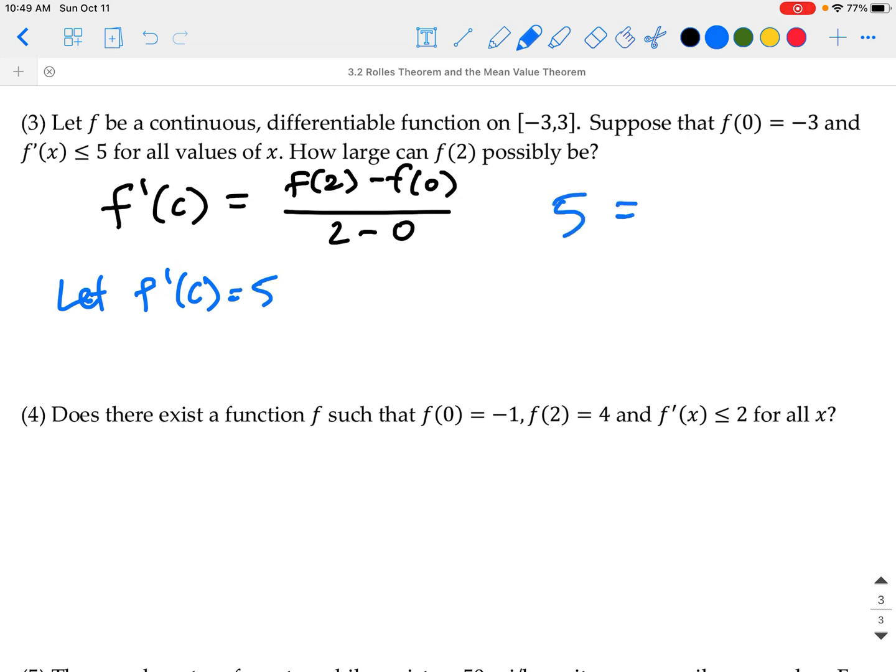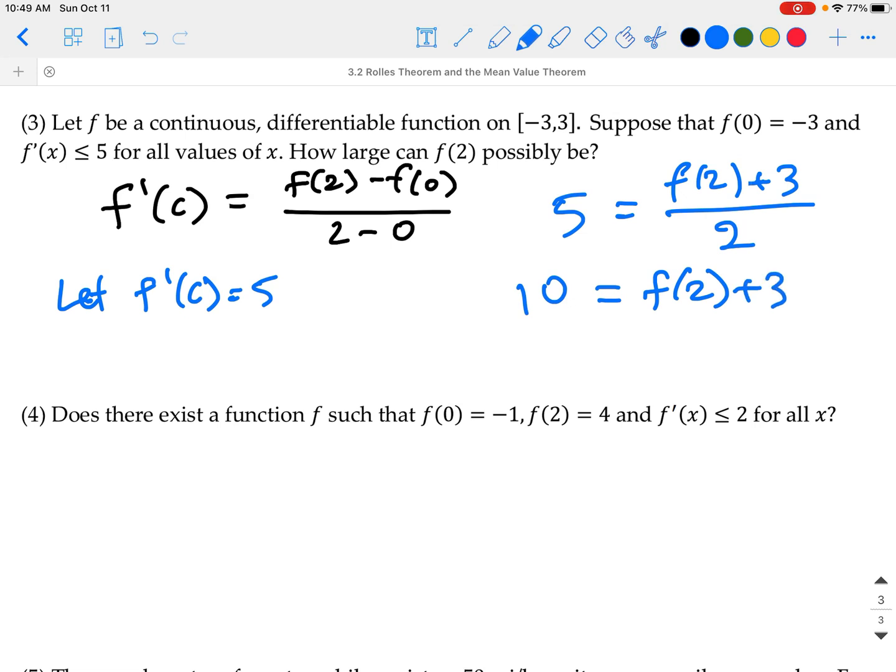So we've got 5 is equal to f of 2 minus f of 0, which is negative 3, so that'll be plus 3, all over 2. So we'll get 10 is equal to f of 2 plus 3, so 7 is equal to f of 2. And this is really the same as just assuming the slope is 5 and then adding 5